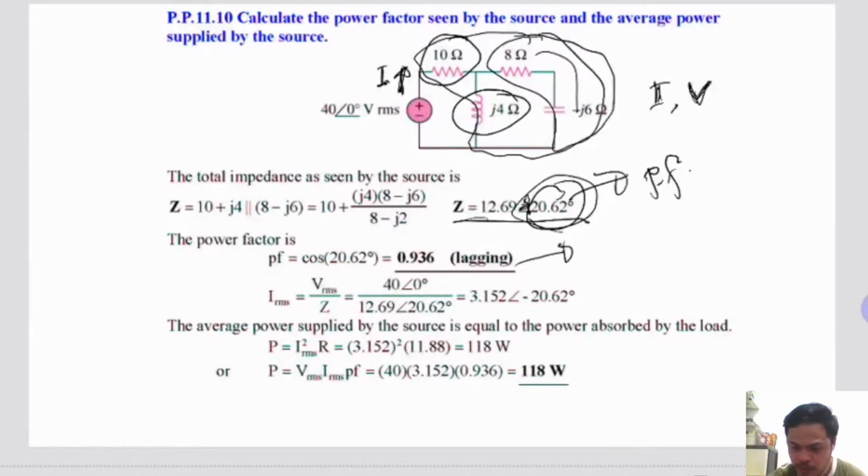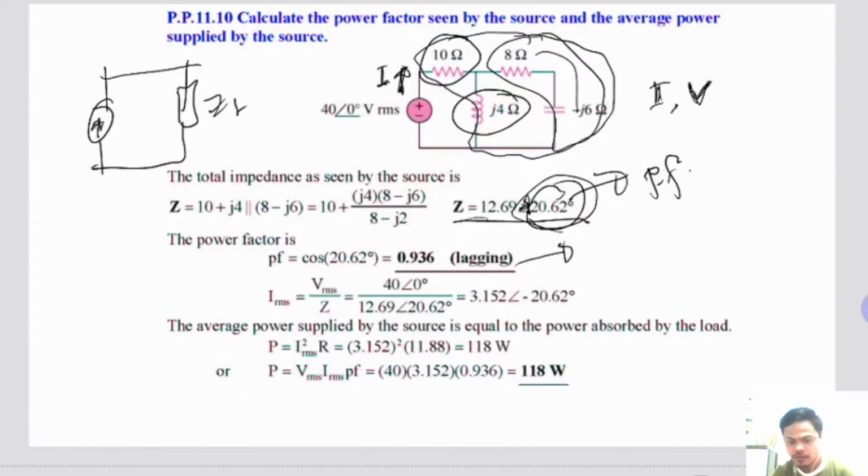This can be simplified as the voltage, and you have here the simplified load or our Z load. So the current can be computed as VRMS divided by ZL,